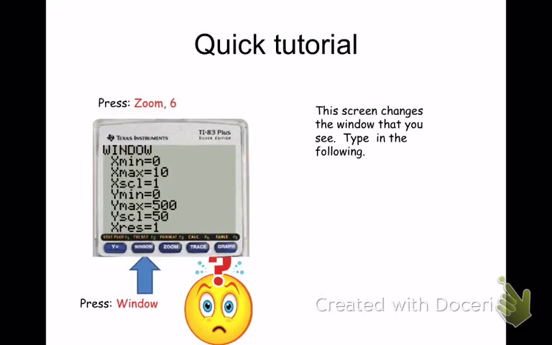So we're gonna go ahead and change the window from 0 to 10 on the x-axis, and then on the y-axis from 0 to 500. Now, because I'm going all the way to 500, I do not want to see 500 little lines on my graph. That's why I'm going to make the scale for the y-axis 50, so I'll see a line every 50, so I should only see 10 little tick marks going up. So now that you've set your window,